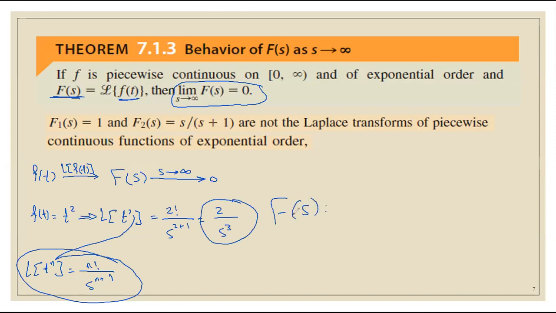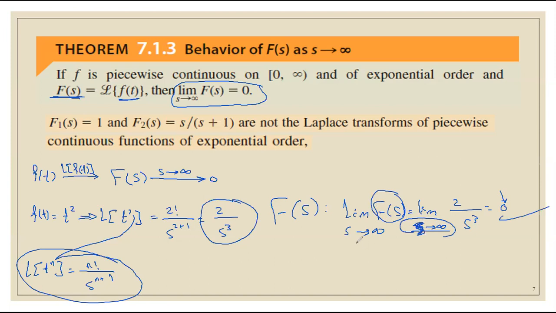Now I'm going to check if this function satisfies my theorem or not. So I need the limit of F of s when s tends to infinity, which is the limit of 2 over s to the power 3 when my s tends to infinity. So 2 over s to the power 3 when s tends to infinity is 2 over infinity, which is 0. So nice. Always the limit of F of s is 0 when s